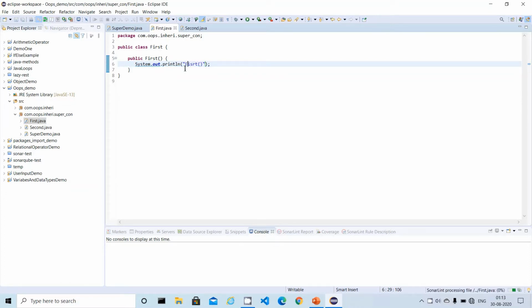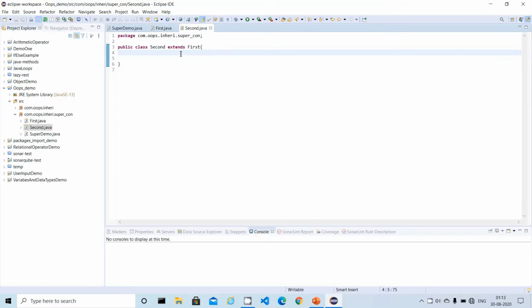So this is the default constructor which is in the First class. And similarly, I'm going to create the default constructor in the Second class, and let me write a simple statement here: Second. So these are the two classes which I created, First and Second. First is the super and Second is the child class.